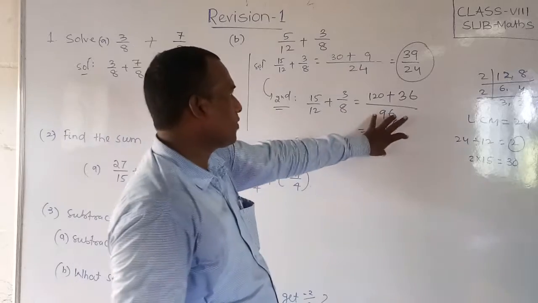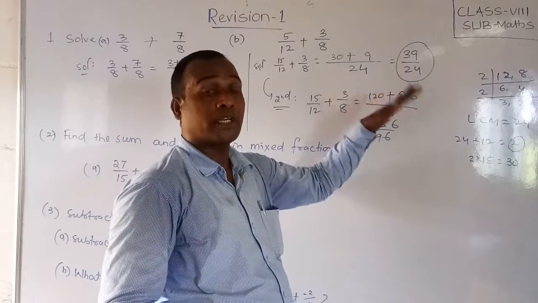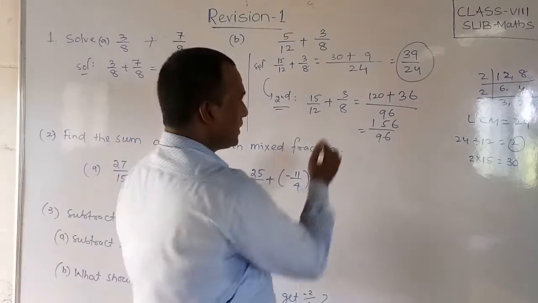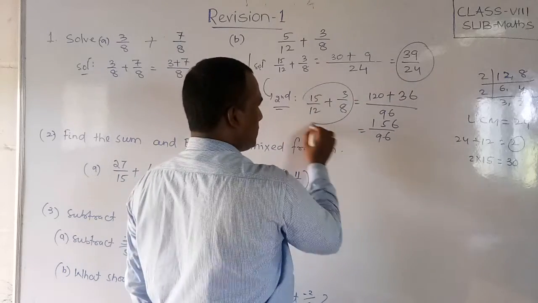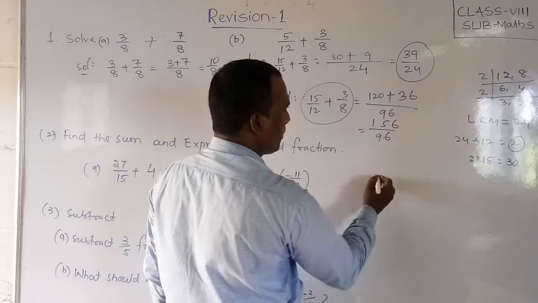But the biggest numbers will come. If 3 or 4 fractions are given, you will get more confusion. If it has been given, this way also you can do. But if you get habituated to this way, then what problem will come?